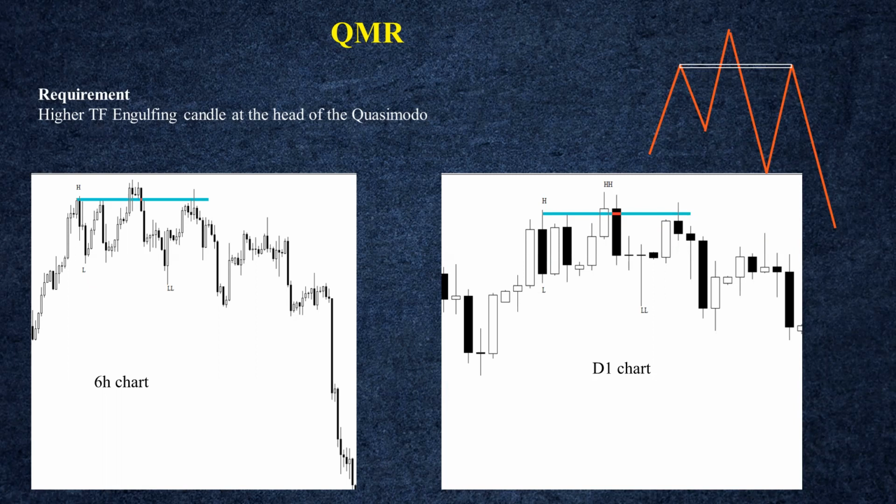So when the Quasimodo happens, where the head is, you want to find an engulfing there. Remember, this is the left shoulder, this is the head, and this is the right shoulder. So at the head, you want to see the engulfing pattern. So that's the first confirmation. So you can see that here,